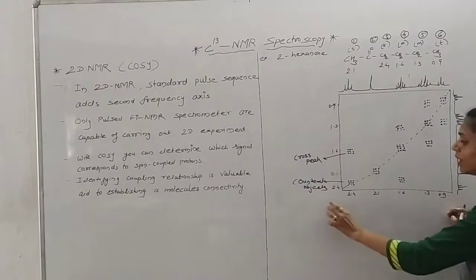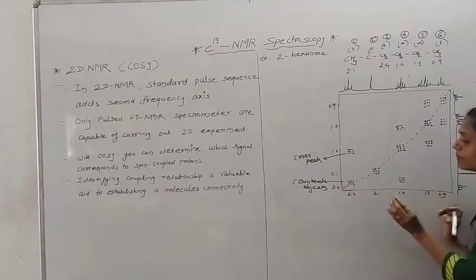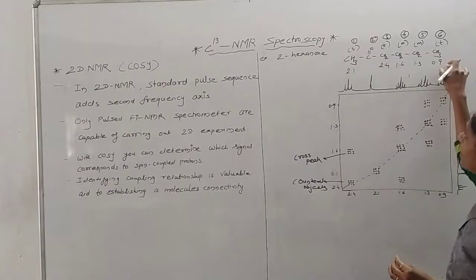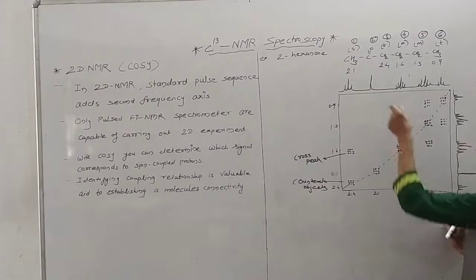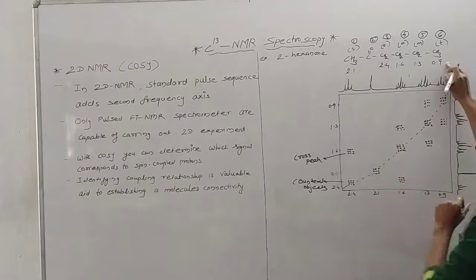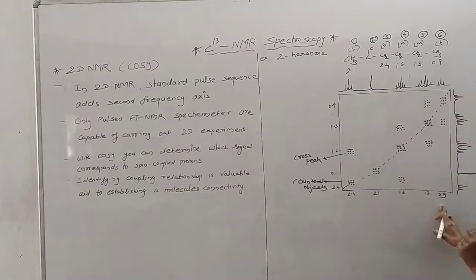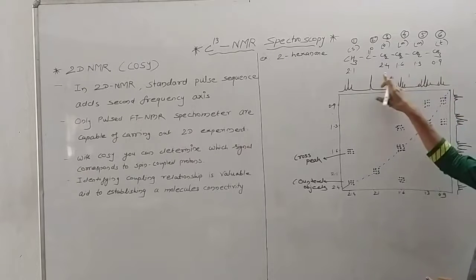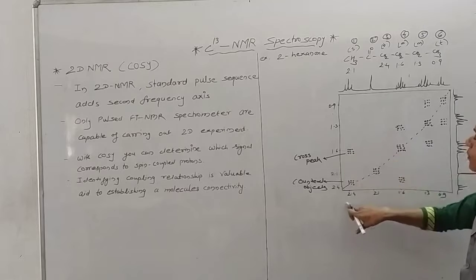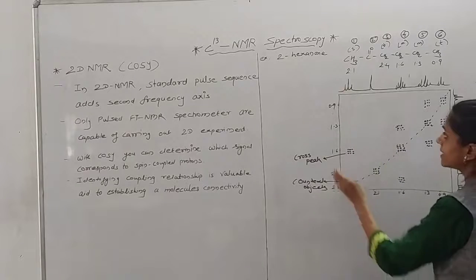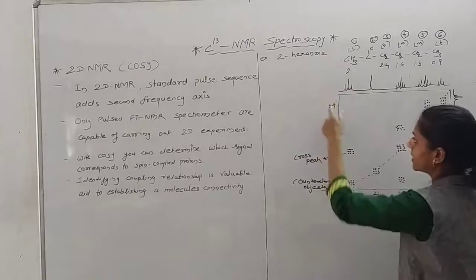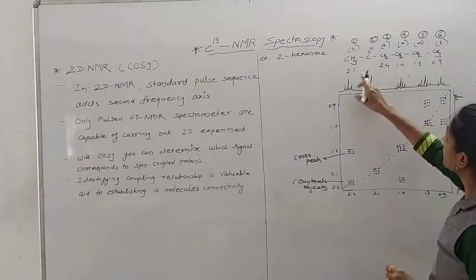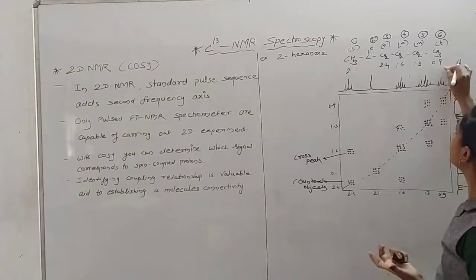For example, 0 to 10. I have written some of the most important values here according to the example, for convenience in understanding. Whatever chemical shift values we have obtained here, I have written only those values: 0.9, 1.3, 1.6, 2.1, and 2.4. Like this on the y-axis also, from top to bottom, the value increases here. Now we go from 0.9 here.